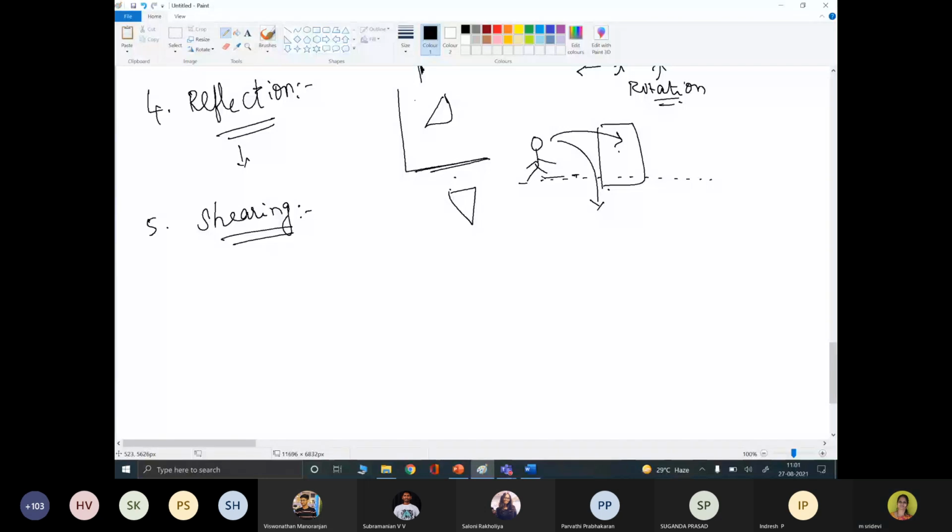When it comes to shearing, right now 4 different transformations we have discussed in all. In all these transformations, the shape of the object remains the same. When it comes to shearing, the shape of the object is going to be changed. We are going to shear or stretch in one direction. So you have a rectangle. If you keep x fixed and you are stretching in the y direction, what will happen now to this object? All the x is the same, and in the y direction you are stretching this object. The object shape becomes this.